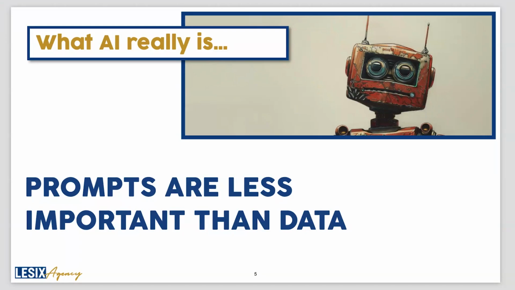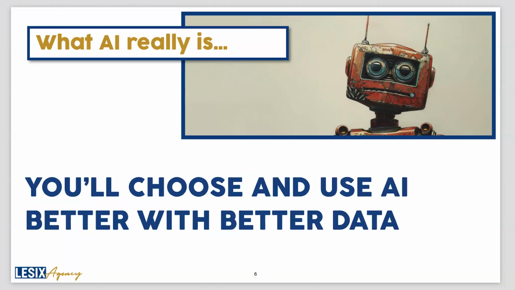On the other hand, when you train ChatGPT to think like a marketer who is educating potential real estate agents on how to pass the test and set a platform for success in their life, all of a sudden that marketing content becomes far, far more personal. And so when you understand what you can do with AI and what it really is, you can start to make better choices and start to use the tool that we're going to talk about here in a second to evaluate these platforms much more effectively.